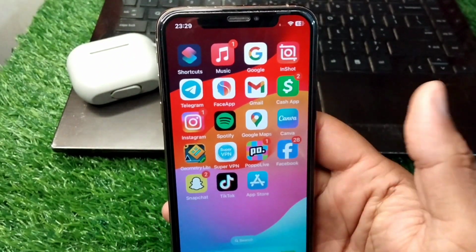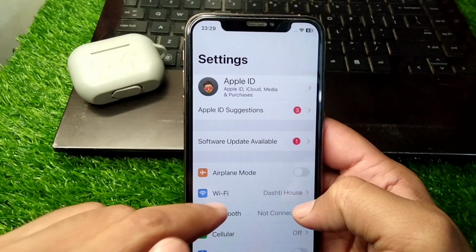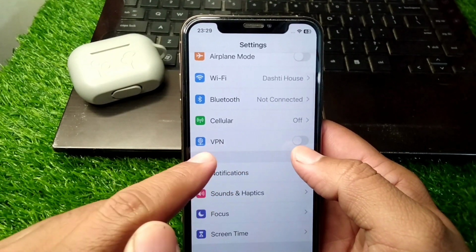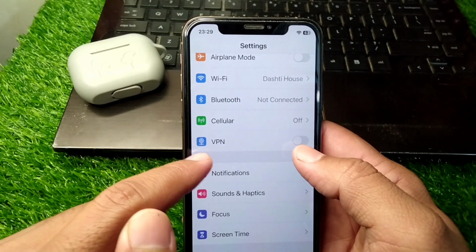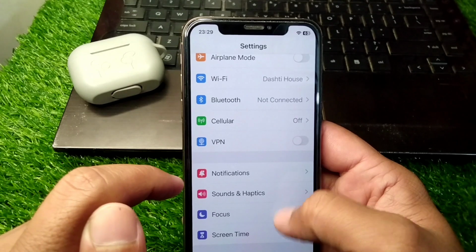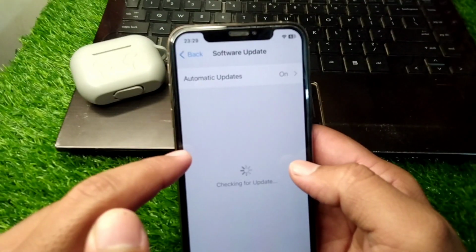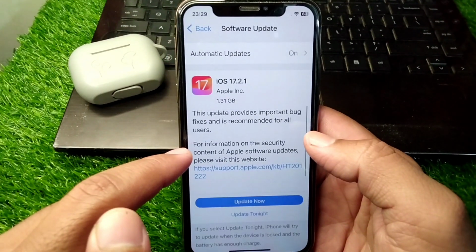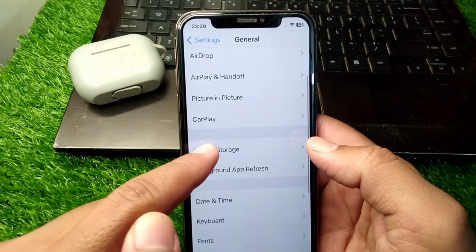So guys, first of all, go back to your home screen and now open Settings on your device, and from here make sure that you have not connected to any VPN on your device. So guys, if there is any connected VPN, then disconnect it, and after this tap on General, tap on Software Update and make sure that you are using the updated version of the software, and after this scroll down and tap on iPhone Storage,